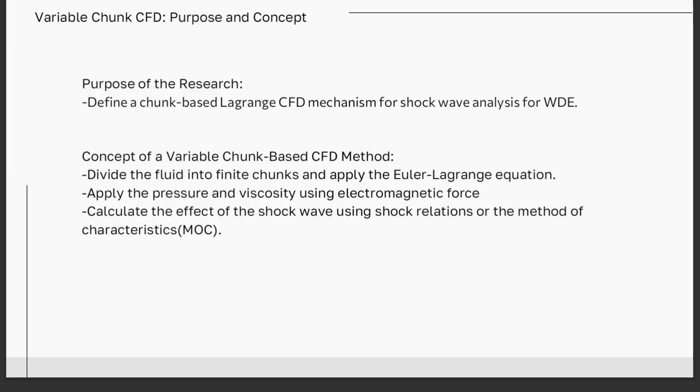Up to this point, I have discussed the electrical feedback system for engine RPM regulation and the implementation of hydrogen combustion. However, to reflect the shock wave generated by the extreme pressure increase and rapid propagation of combustion, a conventional Euler method using mesh analysis can easily lead to numerical divergence and calculation failures. Furthermore, for the wave disk engine, where the shock wave is one of the most important factors, a grid-based method is not appropriate, as it blurs the shock boundaries.